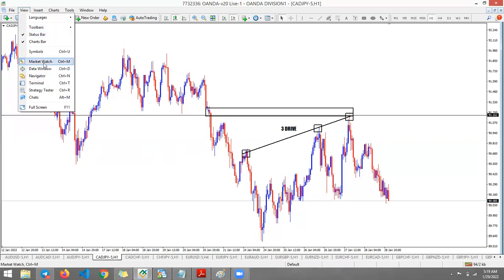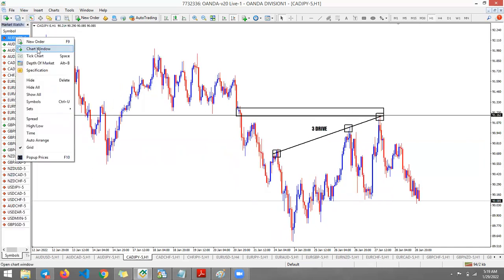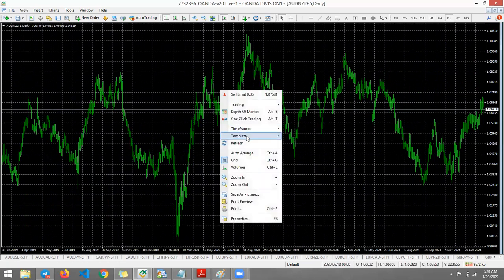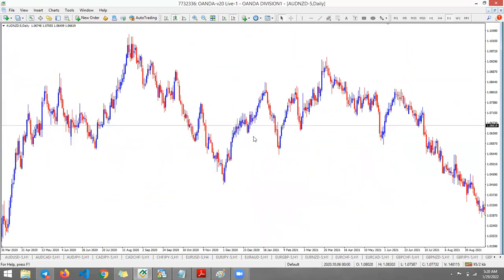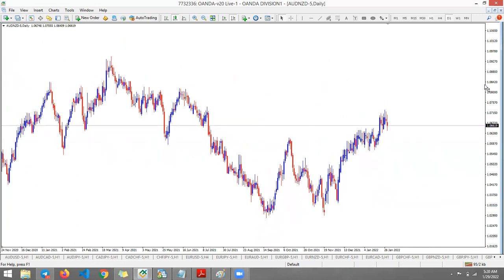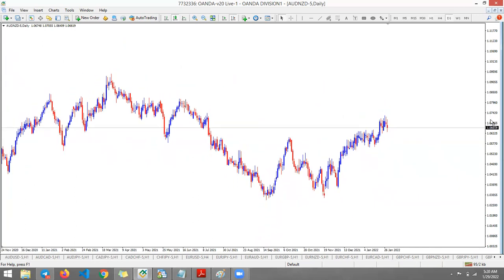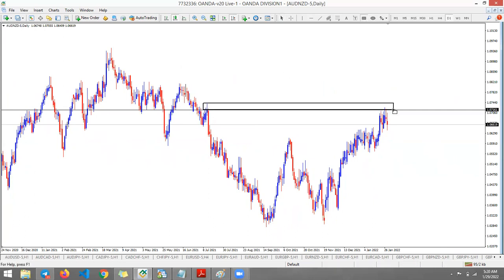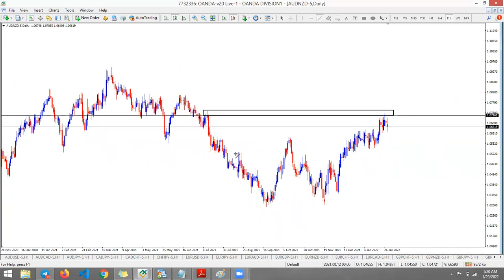And I think the most recent setup is on AU. Yeah, for those who are looking at AU. So now you can see here we have a decision point that has been filled. But now the bigger picture is the 3 drive. Now notice we have the first touch, second touch, then the third touch. That is a